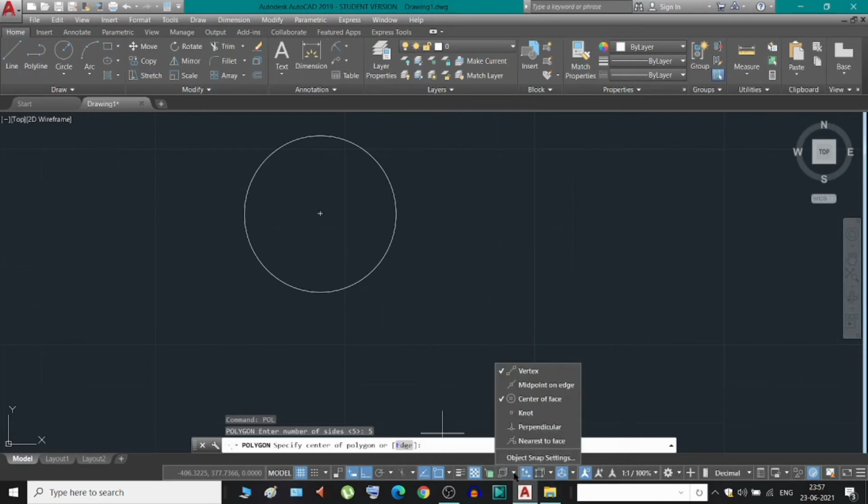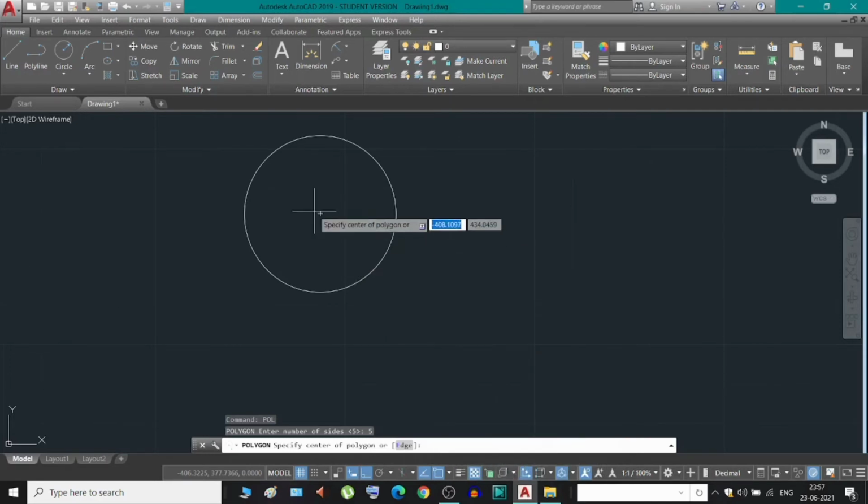So I have selected it, so it is showing the center of the circle. So next we have to specify the center point of the polygon, that is the same center of the circle. So select it.